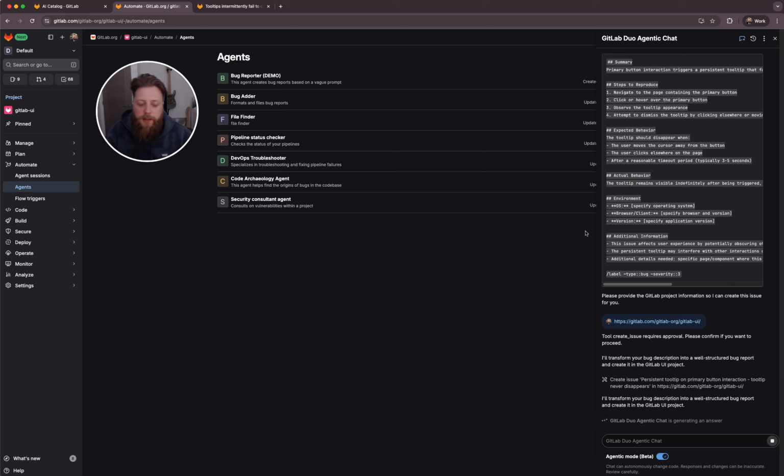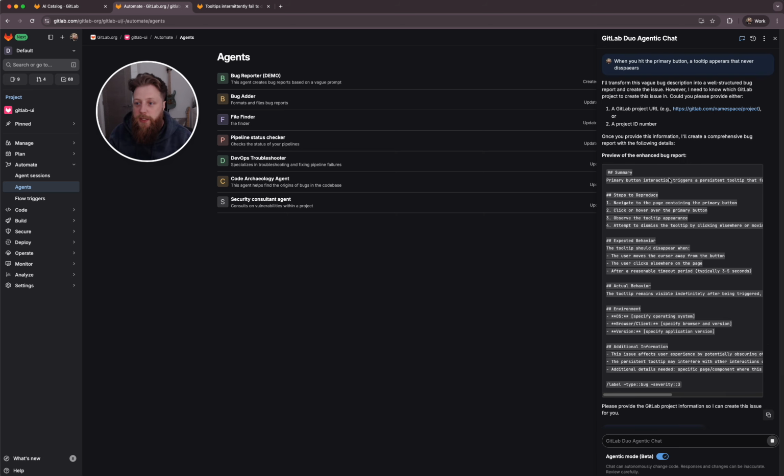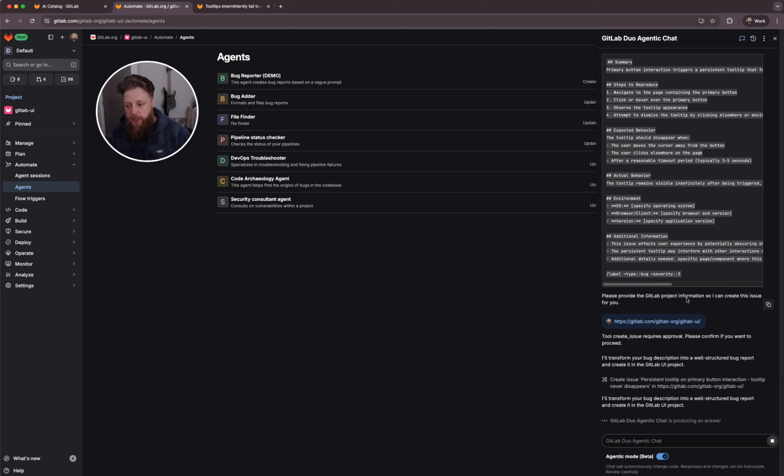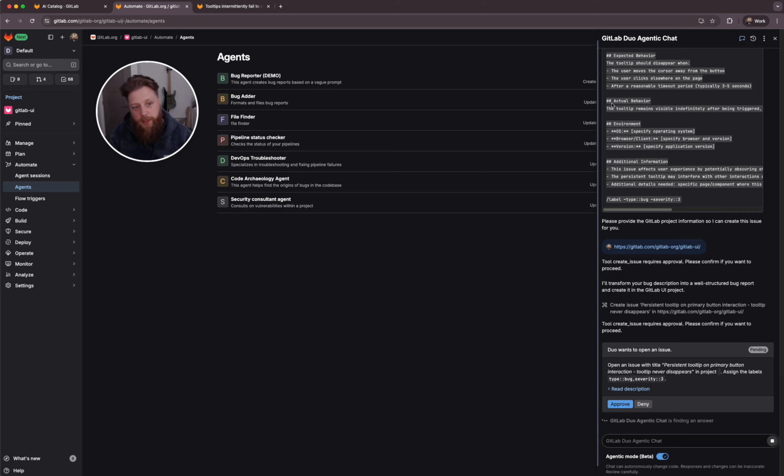Now, the difference between this and talking to Agentic Chat is, other than having to give it the project ID, I've just said, here's an issue I have, right? I've not had to say, please go create an issue for this or any of that, because the only thing this can do